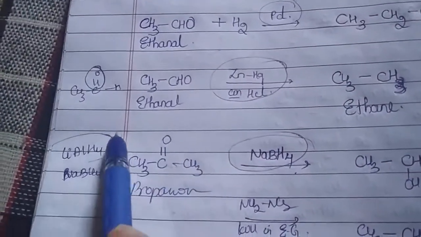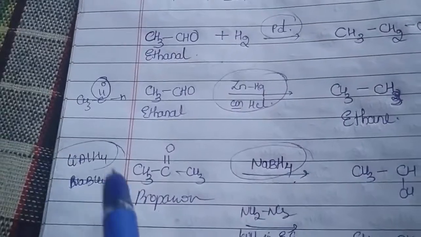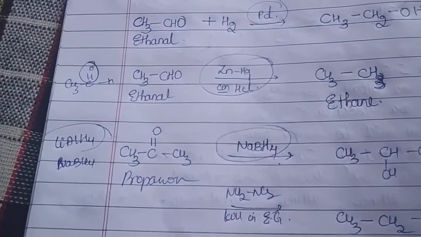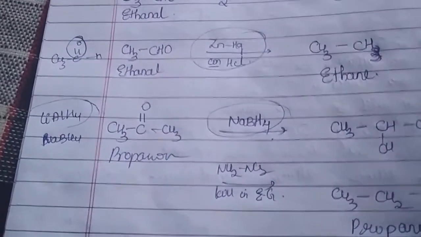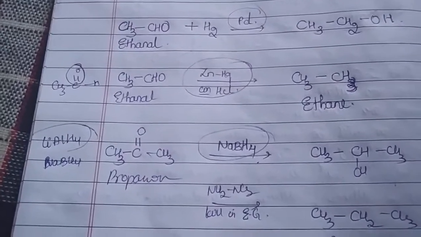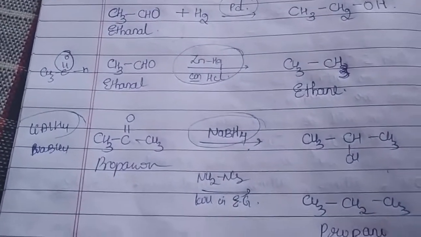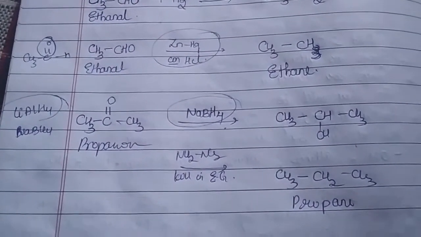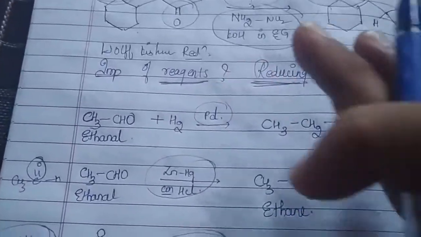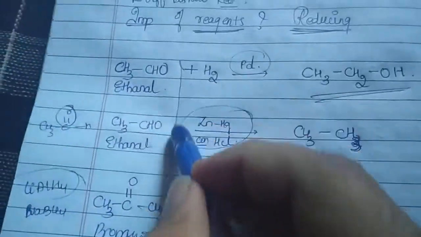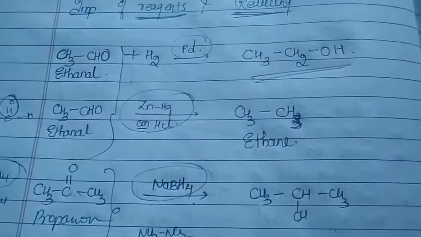Okay, if you are using lithium aluminum hydride, then what are the capacities or capabilities of these reducing agents? Similarly, what are their limitations? What type of medium do they require to act as a reducing agent? So this is additional information. You should dig it out and make a note of it before you prepare for your competitive exams. I have given this example only to show you how, by using different reagents, different products are obtained though the reactants are the same.